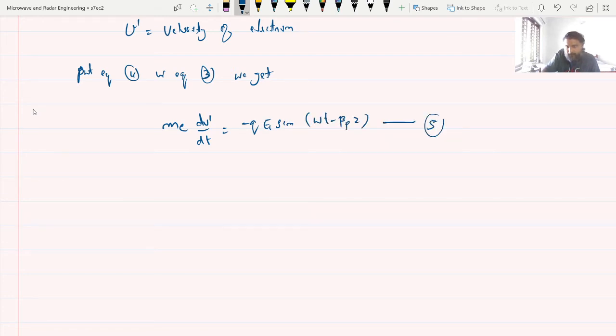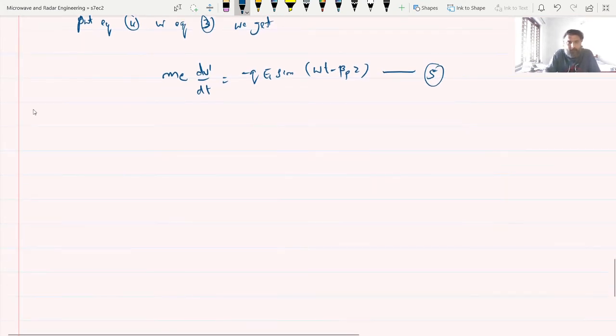Call this equation number 5. So now the velocity of the electron is given by